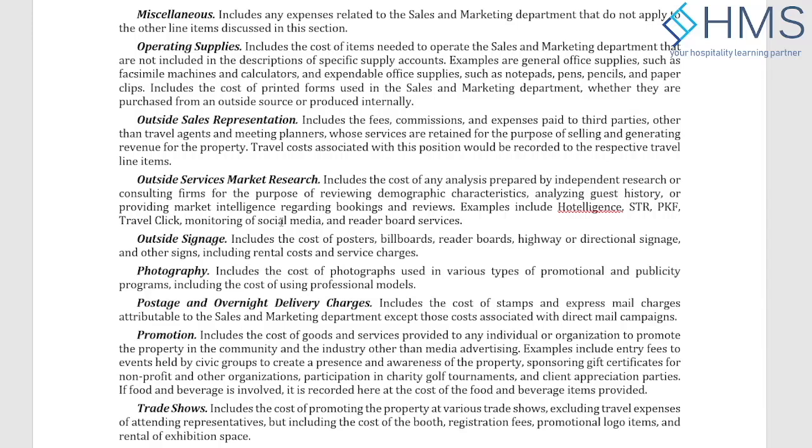So there are many market research companies. They will analyze your property and see what market you should be targeting so that you can get the maximum customers for your hotel.